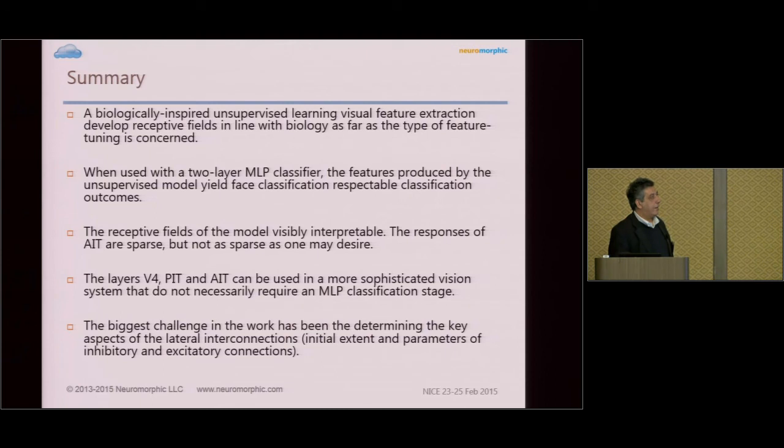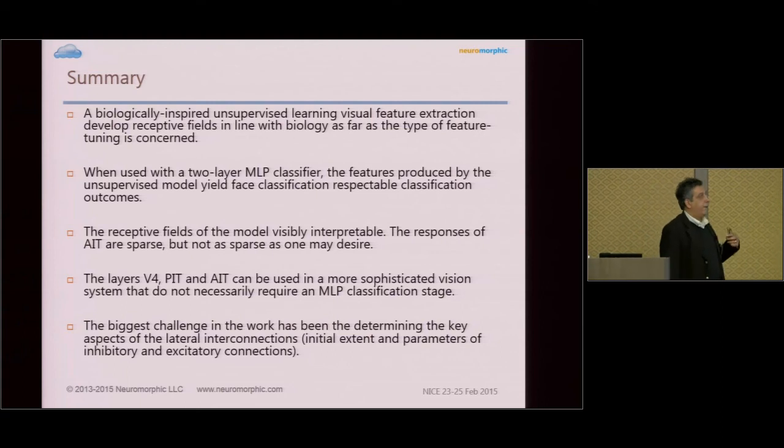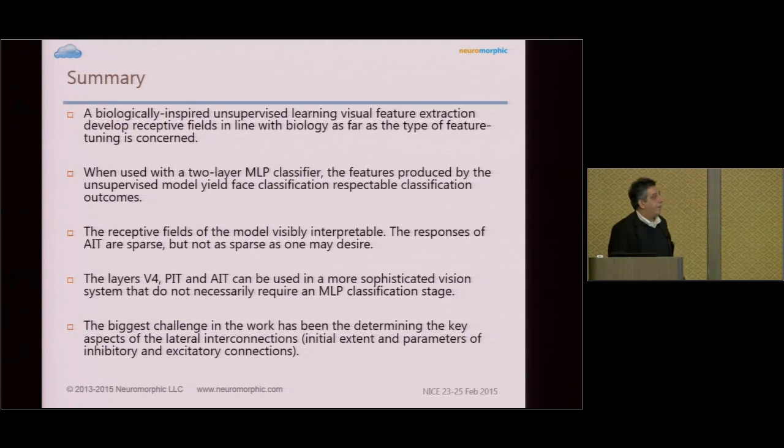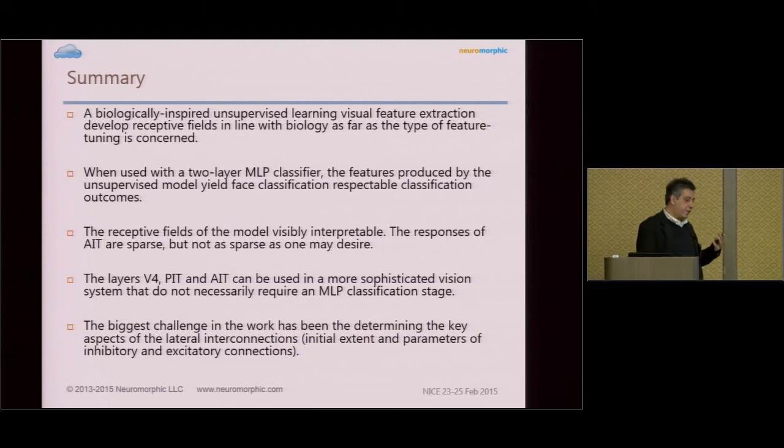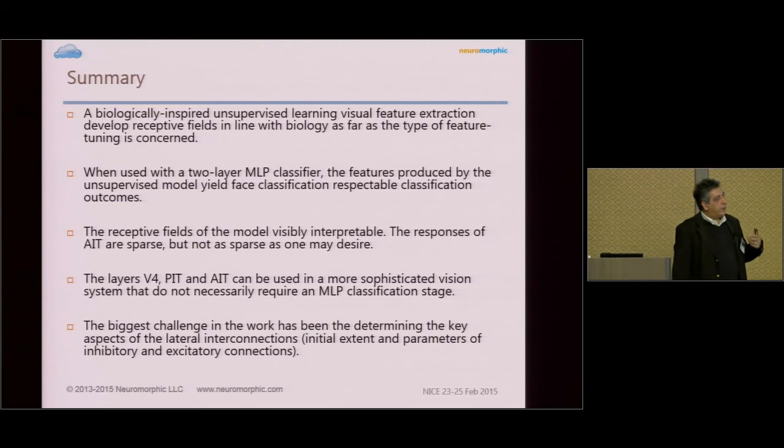So to summarize, a biologically inspired unsupervised visual feature extraction to develop receptive fields that are tuned to parts, complex parts and faces has been presented. To test the model and its effectiveness, we use a two-layer multi-layer perceptron to do the labeling, and it shows that we end up with a very respectable classification outcome. The receptive fields of the model can be visibly interpreted, meaning you can look at the receptive fields and find what you expect, and look at the variation that you have. And this is an interesting